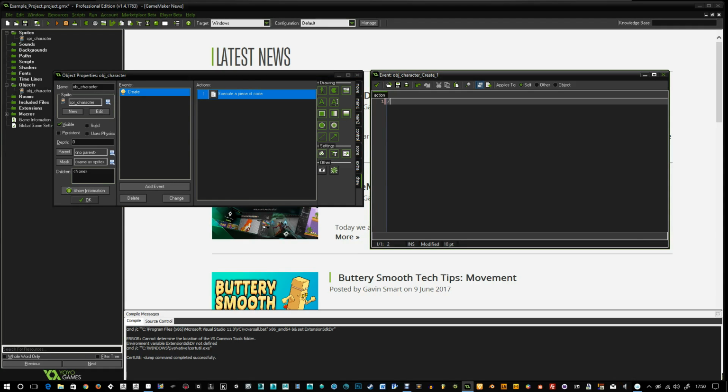But as soon as the object is created, so you put it in the room, you start the game, it fires off this event and it does these actions. Now the action I want it to do, so if I put 3 strikes here, I can put in some kind of comment. So I'll write comment, and you will actually see that comment,